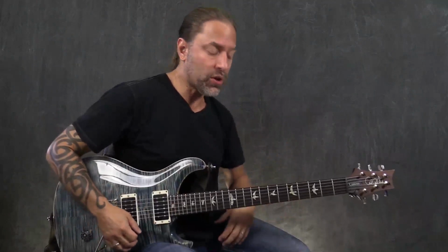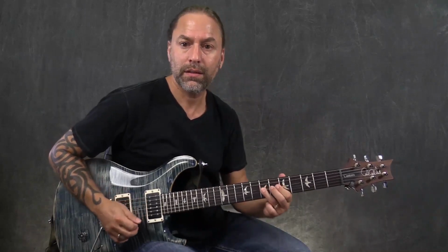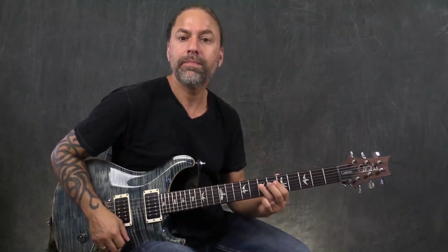Okay, so if you started with just a plain old guitar lick, for instance, if I went like this. It's just a walk down of a guitar lick. Now if you took that lick and you started thinking a little bit more about the rhythm that you're playing over. For instance, is the rhythm a shuffle? Is the rhythm a straight rhythm or a swing rhythm? What is the rhythm? And again, we talk about this in the course, right? So if it's got a shuffle rhythm,